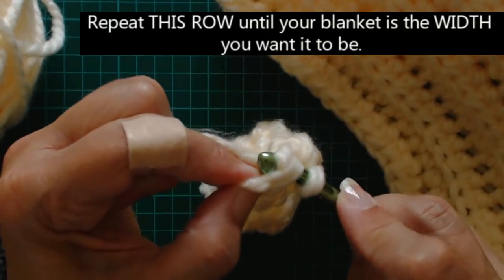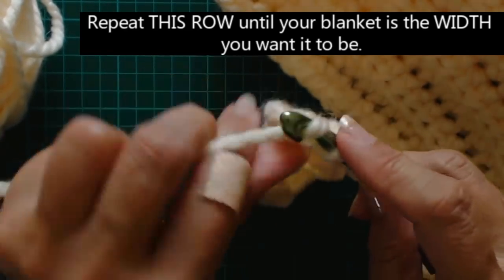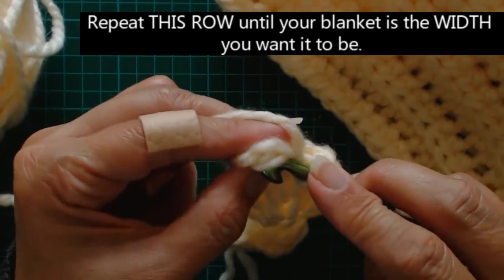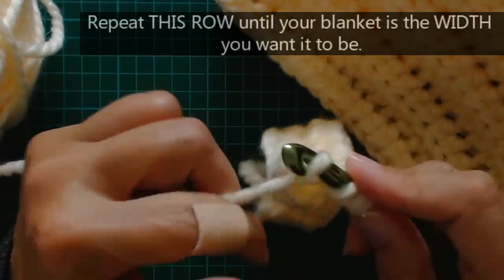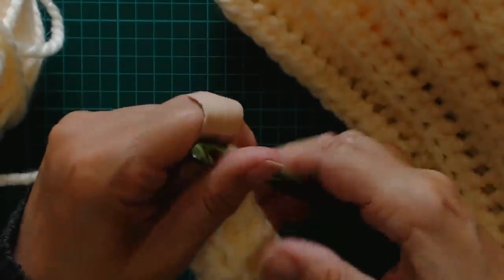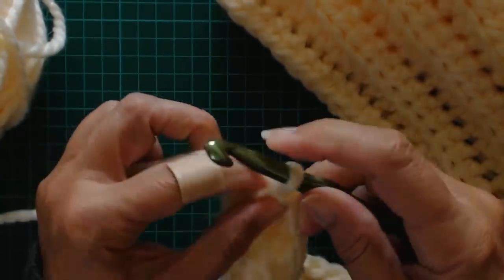If you pick up both of those parts of that stitch, oops, I didn't do my yarn over. So pick up both parts of your V, and that will keep the edge of your blanket nice and straight. So that's how easy this stitch is. You just do 2 more chain,